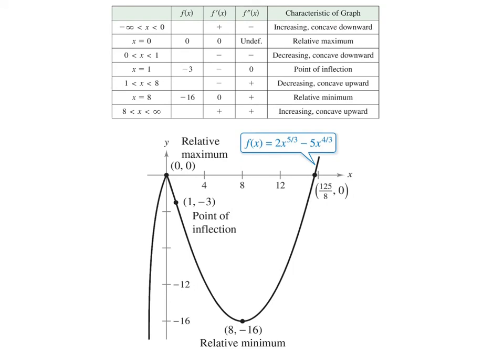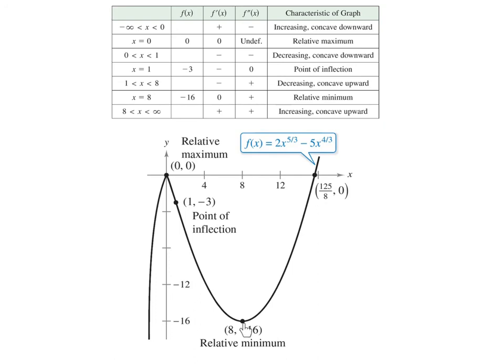So putting that chart into action, I get this more fulfilling and actually filled in graph here. So I have my 2 intercepts, which is all I had before I took the derivatives, and I noticed that I'm going to be increasing here and it's going to be concave down, and then it's going to turn to be decreasing at 0, 0 and still be concave down here. But then at this inflection point at x equals 1, it's going to still decrease but become concave up. And at x equals 8, another